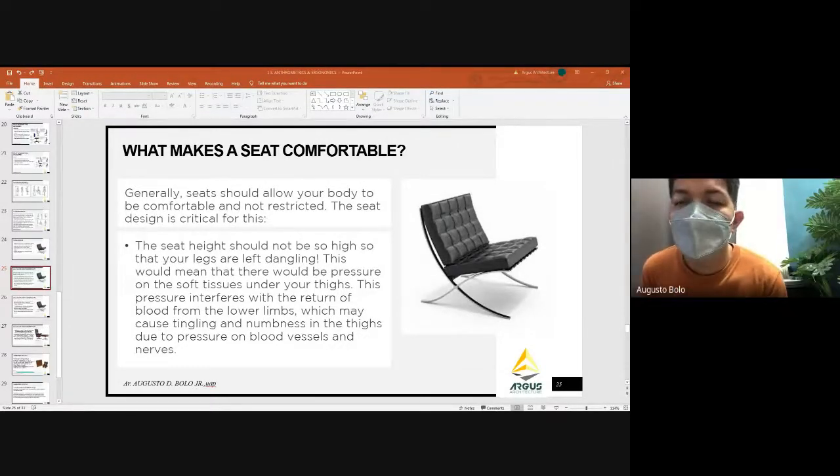Thank you, Francien. So, definitely all of the chairs, all of the seats we tend to dwell around, all of that is to give us comfort, right? So, in what way does it give you comfort, so that you are not slouching or something, so that you won't feel any soreness. So with this one,